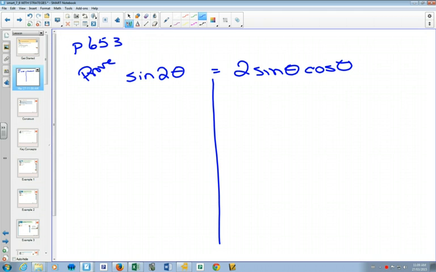We've looked at strategies of building the other side, but there's already a common denominator here because they're both over 1, so that strategy is not going to work. And the other thing we would do is factor, but there's nothing really to factor here. So we're really stuck. Now, the key to this proof,